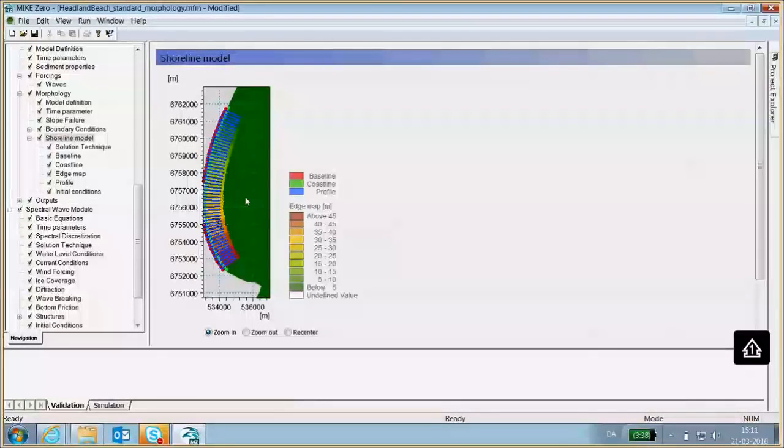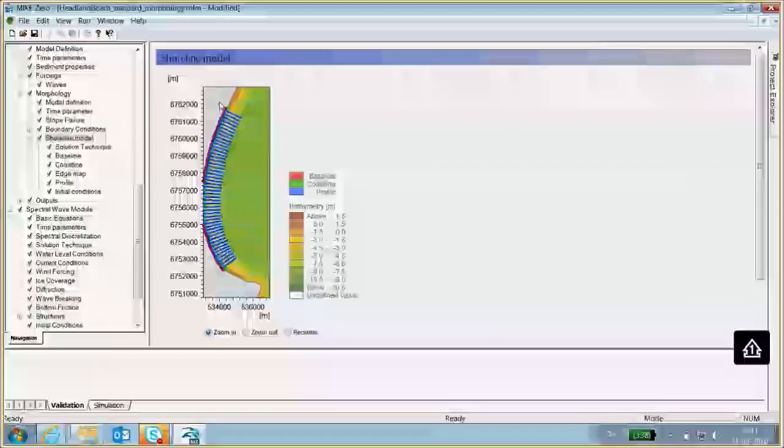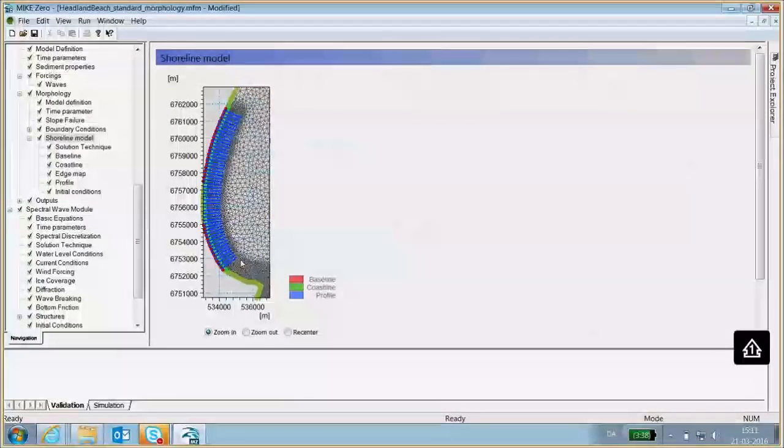And you can also shift to show bathymetry here, so you can see, okay, this is just going on beyond the 8-meter contour here, which is a good thing. And you can even show the mesh, so you can check your resolution in this area as well.